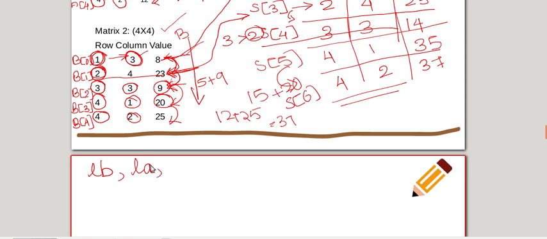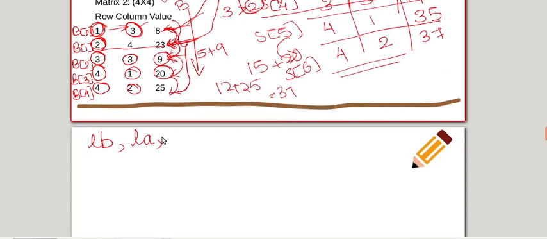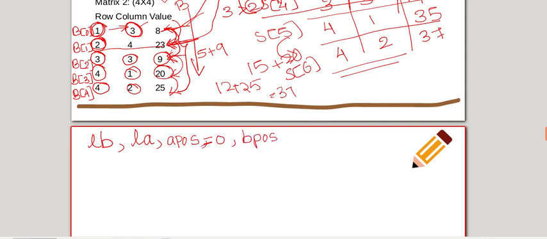And I need to iterate through this structure array as well as this structure array, and I need to store the values in some structure, and here also I need to iterate from 0 to this value. So I need iterating variables for these three things. So I am using A pos to iterate through A, and it is initialized as 0, and to iterate through the B structure array I use B pos, it is also initialized to 0, and for iterating the sum array I am using S pos, it is also initialized to 0.